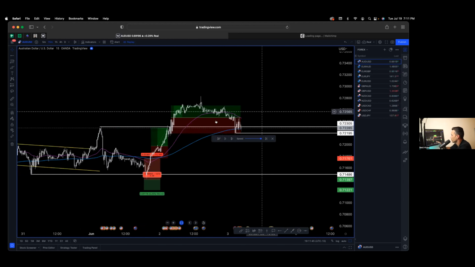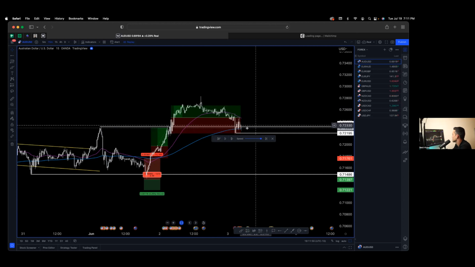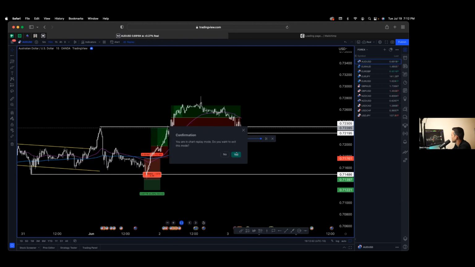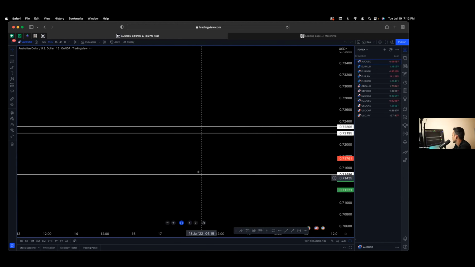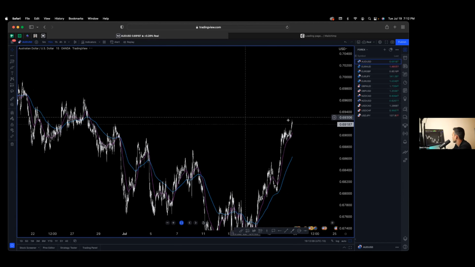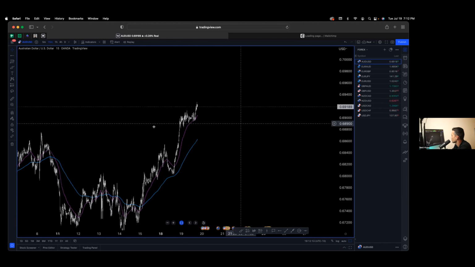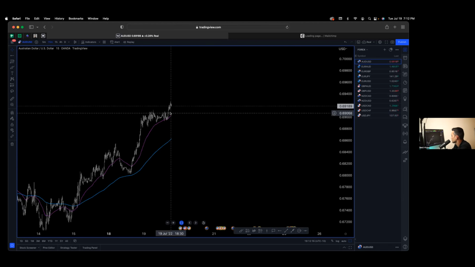But you see, that's the whole point of backtesting. If I just captured here, then I wouldn't have to take this loss. And that's the whole point of backtesting, learning and refining when is a good time to buy and sell according to you. So this is just a sample of what I did. If I just exit out of the bar replay, it'll take me back to the current time, so it looks like right here, July 19th. There you go. So we're back at the normal time. So that's it. That's a sample.